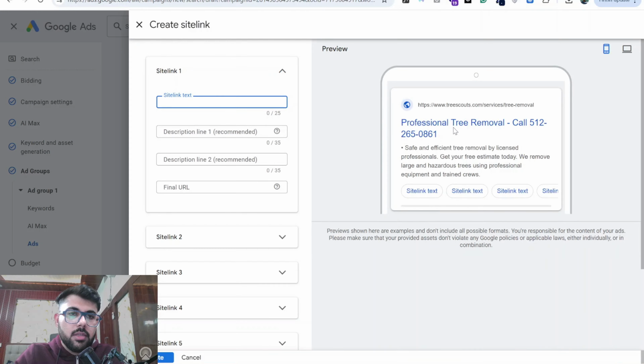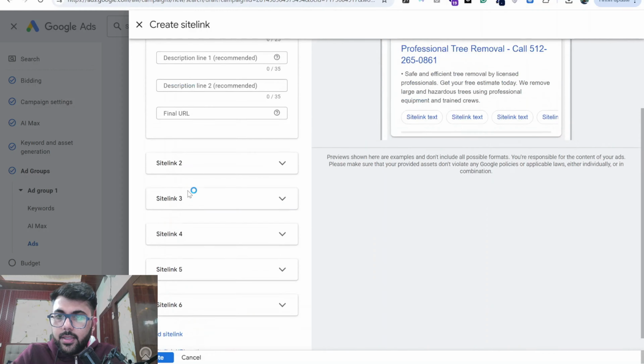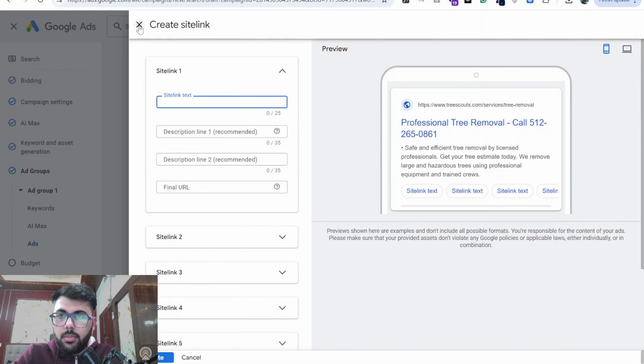Let's suppose someone is looking for tree removal. If they say okay, I need tree trimming also, they're just going to click, land on the website and optimize for it, fill up the form, put your URL here, and you'll be able to create a site link. Okay,